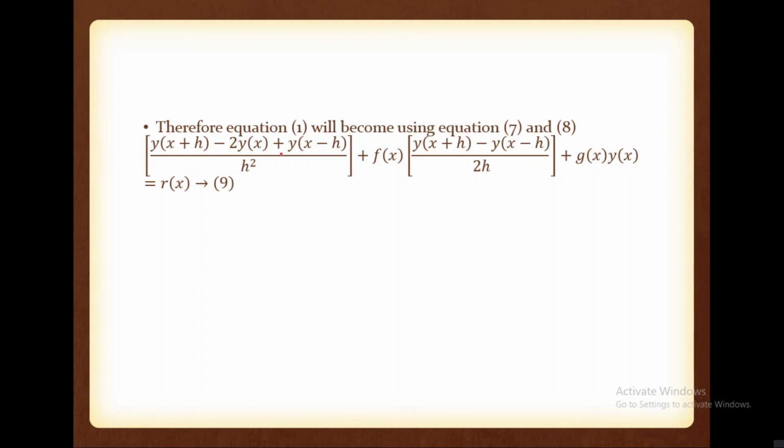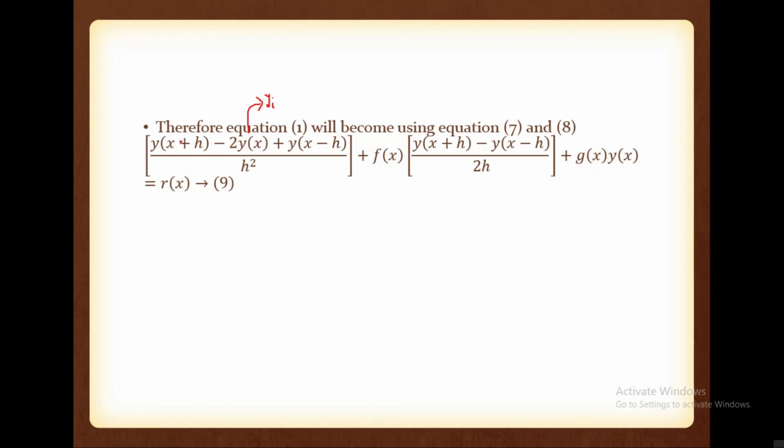Okay. So here please note one thing. What is y of x? The current value of y. If it is the current value of y, we can write it as yi. We can replace this y of x by using yi. Yi means the current value of y. I means the independent variable is x. This is also very important. If you have two independent variables, then we have to represent the second independent variable by using j. So here we have only one variable, that is x.